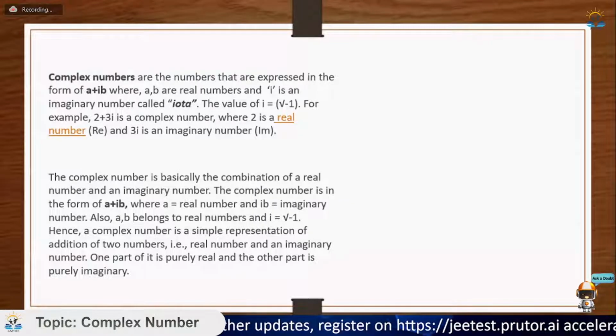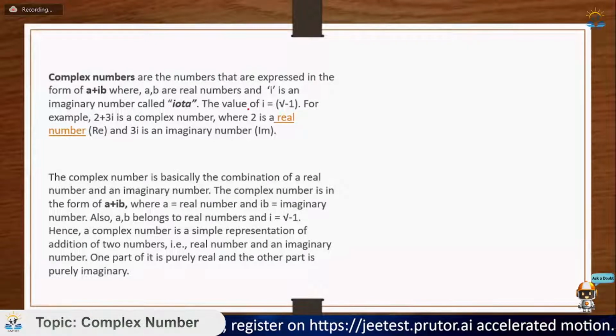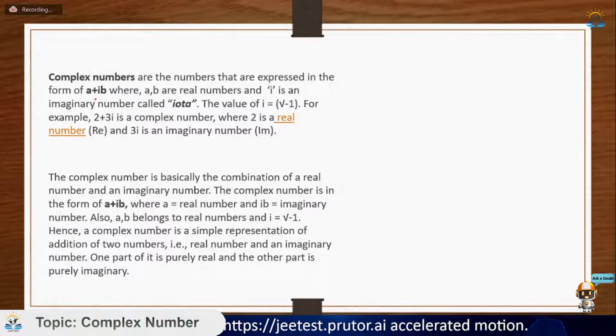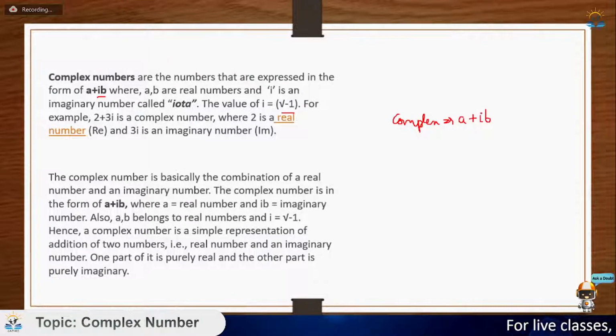So let's start with what a complex number basically is. Complex numbers are those numbers which are expressed in terms of iota, where iota is nothing but the root of minus one. All those numbers which are not real are known as complex numbers. Every complex number is represented by two parts: a plus ib, a plus iota times b, where a is known